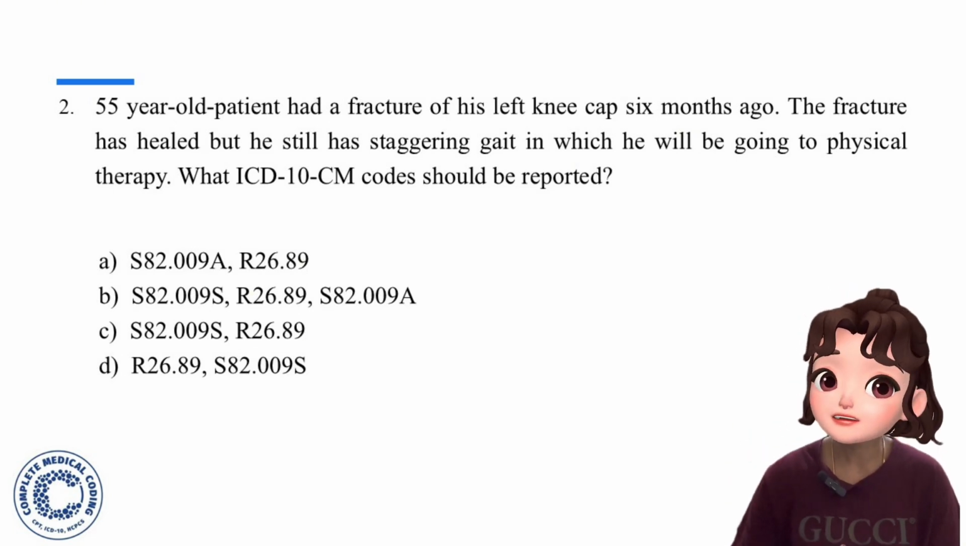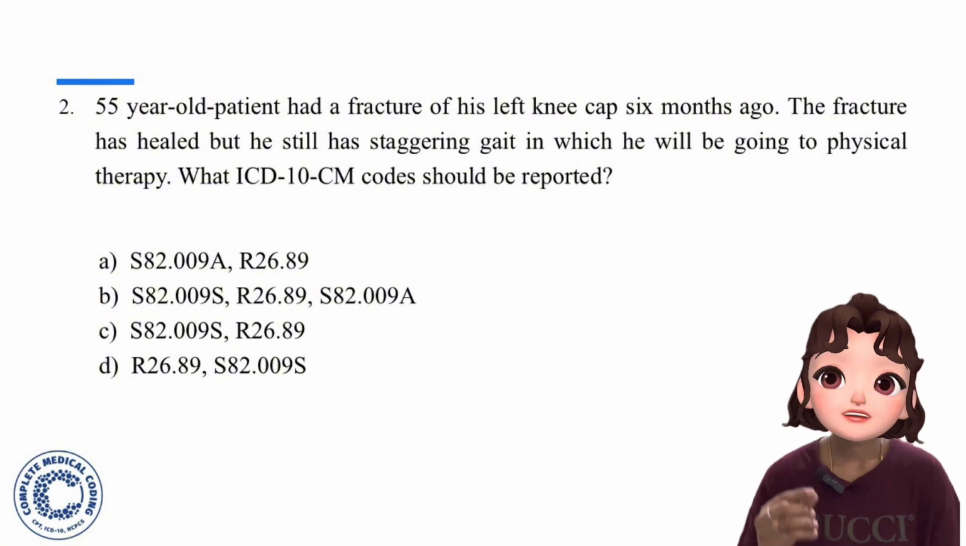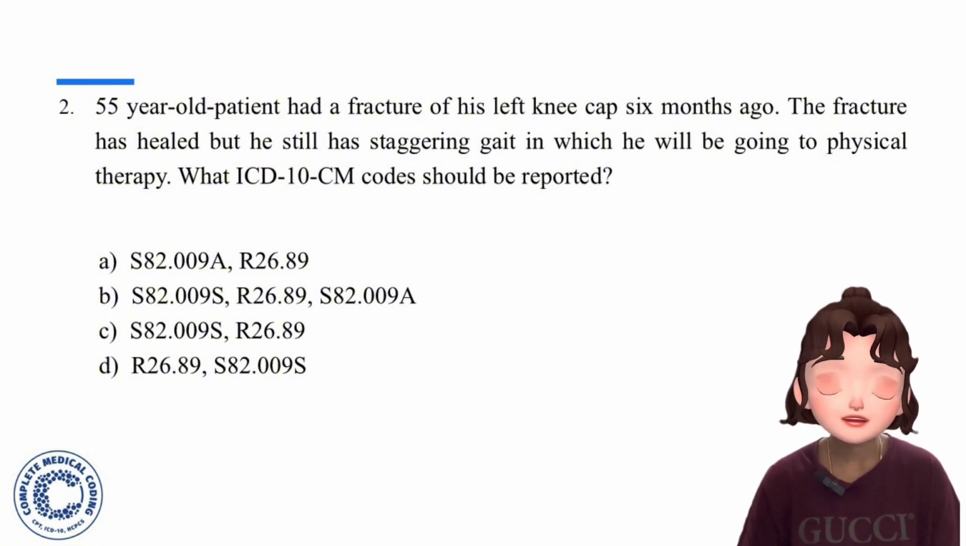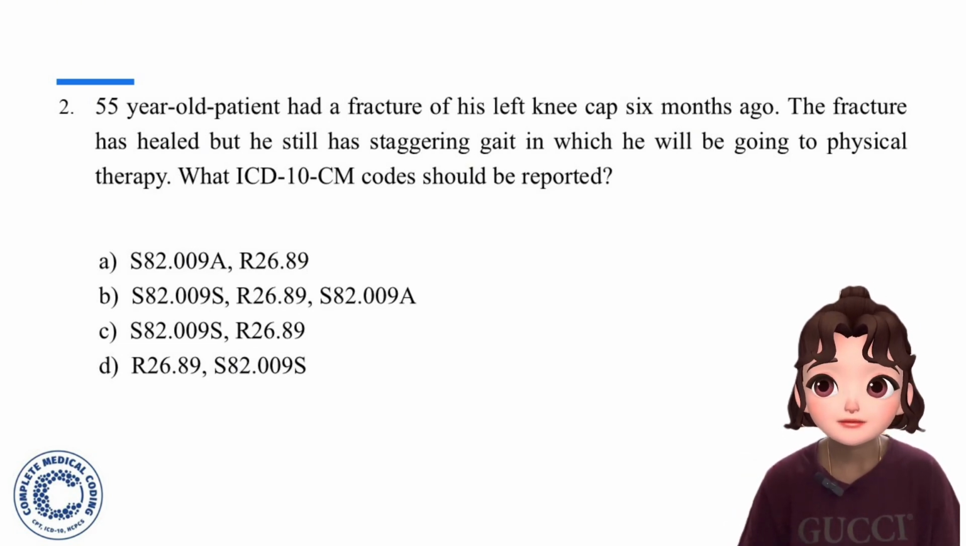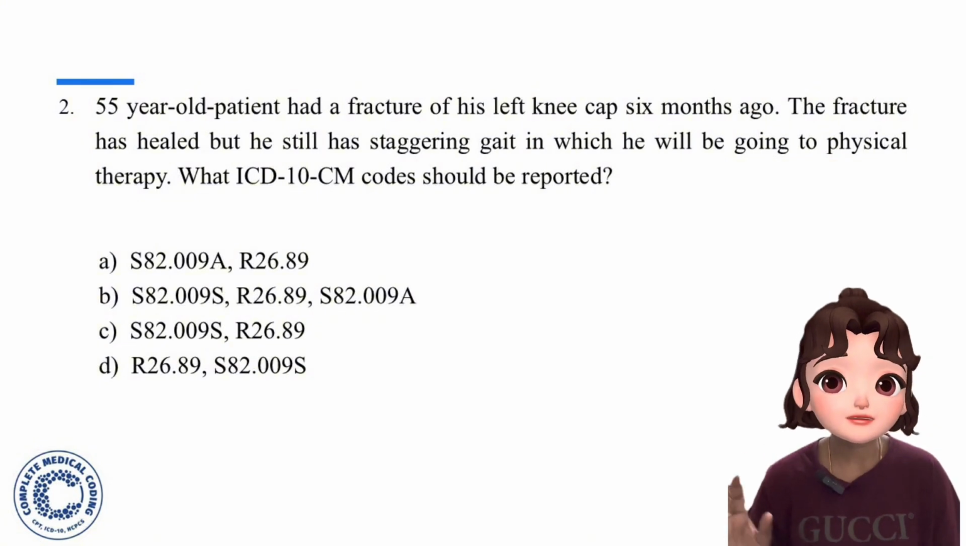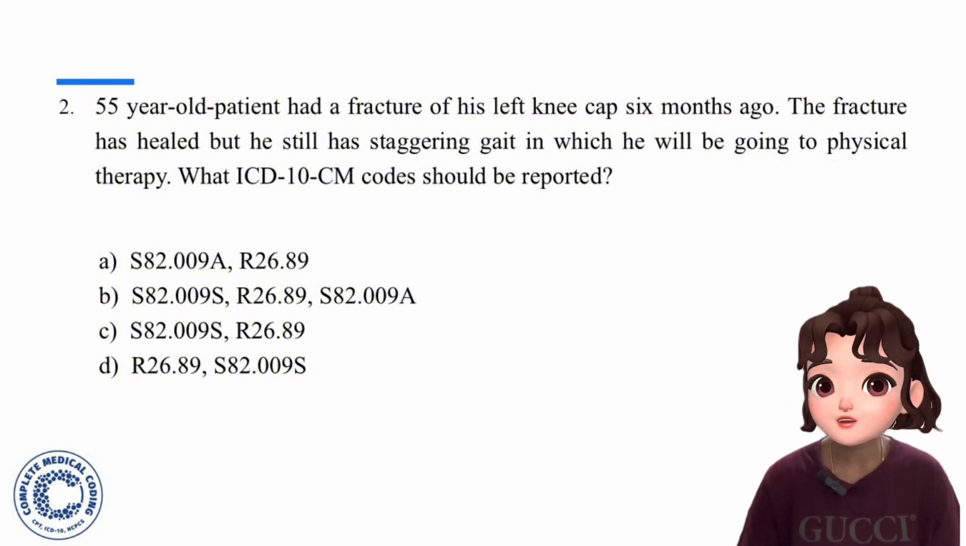Currently he doesn't have the fracture, but he still has a staggering gait. So what problem is the patient having currently? The patient has a staggering gait, which means he has difficulty in walking. For that he is going for physical therapy. So you need to code that first, because